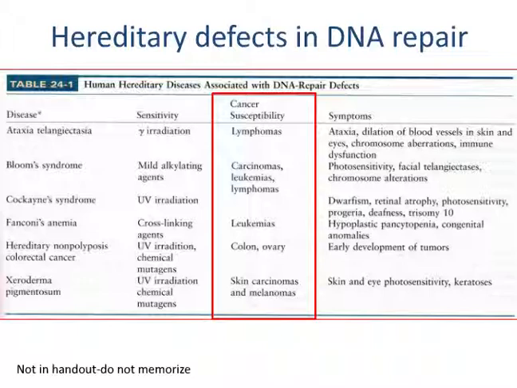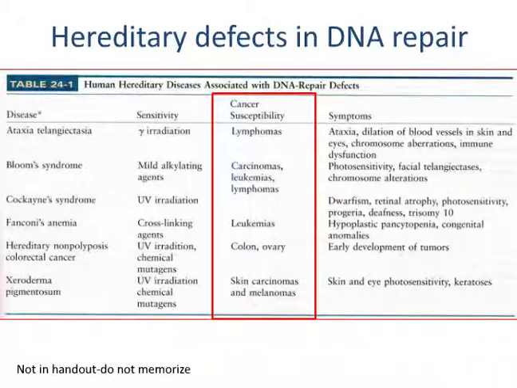It's caused by a mutation in the ataxia telangiectasia mutated gene, which is a kinase that is activated by double-strand DNA breaks. Bloom syndrome, which increases the probability for carcinomas, leukemias, and lymphomas, is caused by a defect in a